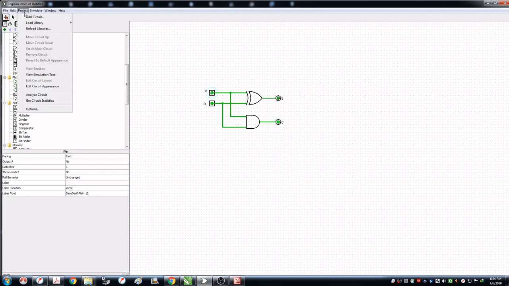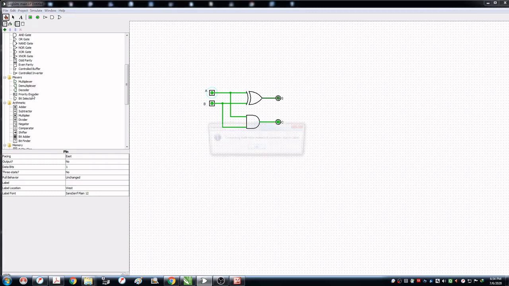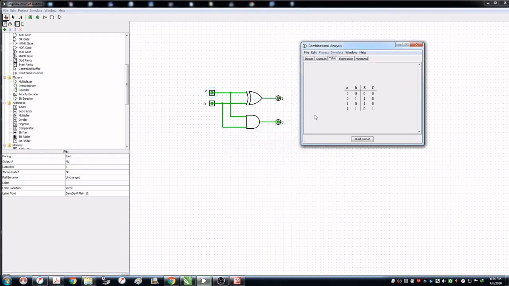Again we go to Project, Analyze Circuit, and it gives an error computing, as it is having the labels. So this is the truth table for your half adder. When your input is 0 1 and 1 0, only then is your sum 1, and when your inputs A and B are 1 1, your carry is set to 1 and sum is set to 0.